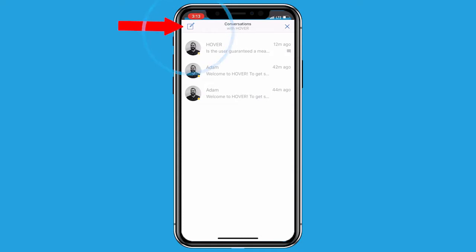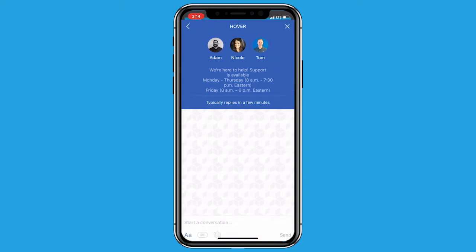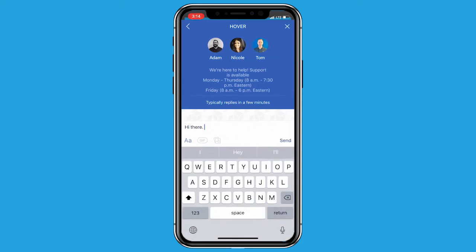the Hover team. This section of the app stores all of the updates you may have received from our support team. It also gives you the ability to start a new conversation with our support team. If you'd like to confirm whether or not the photos you took of a particular property are sufficient, make sure to include the address of the property in question and the email address of your account in a new message